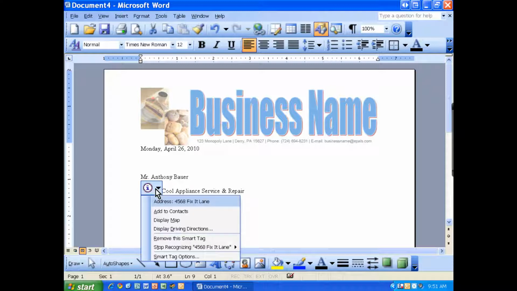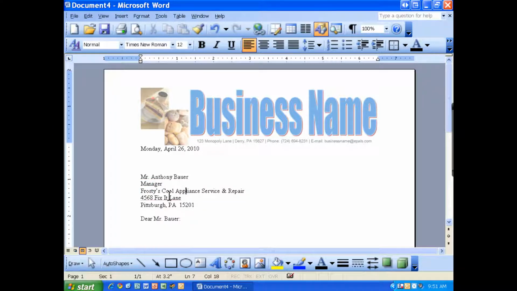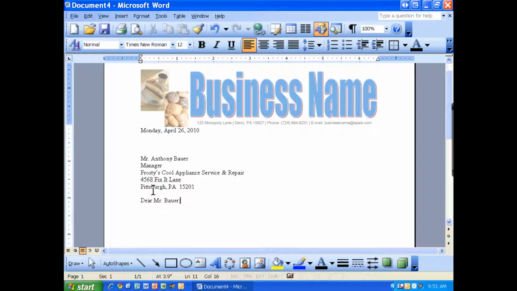Microsoft is recognizing that this is an address, and if we wanted to, we could tag this so that we could drive here and get location directions, anything that we need. We could also store it in the computer as a frequent contact. Because we're not going to actually be doing that or sending another letter to this address, we're not going to worry about it. So after you've put in the greeting or the salutation, we're going to select right next to